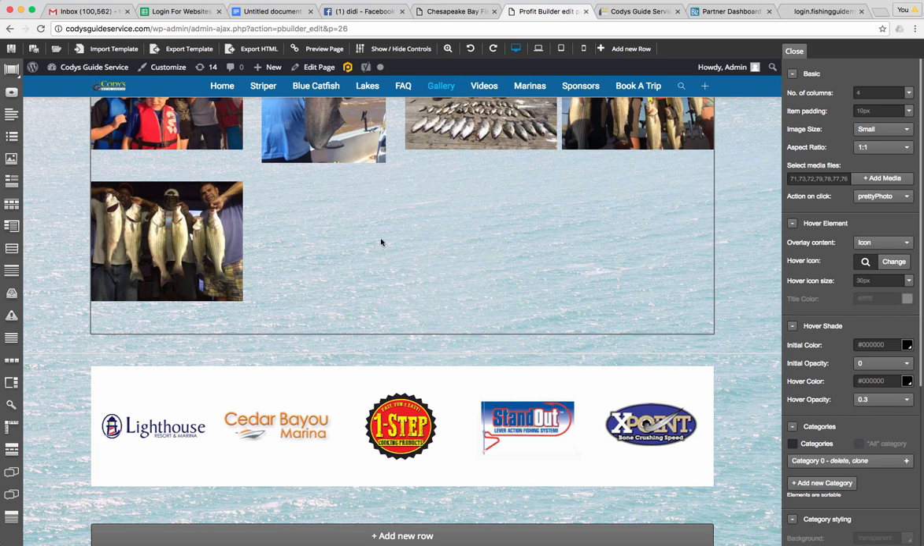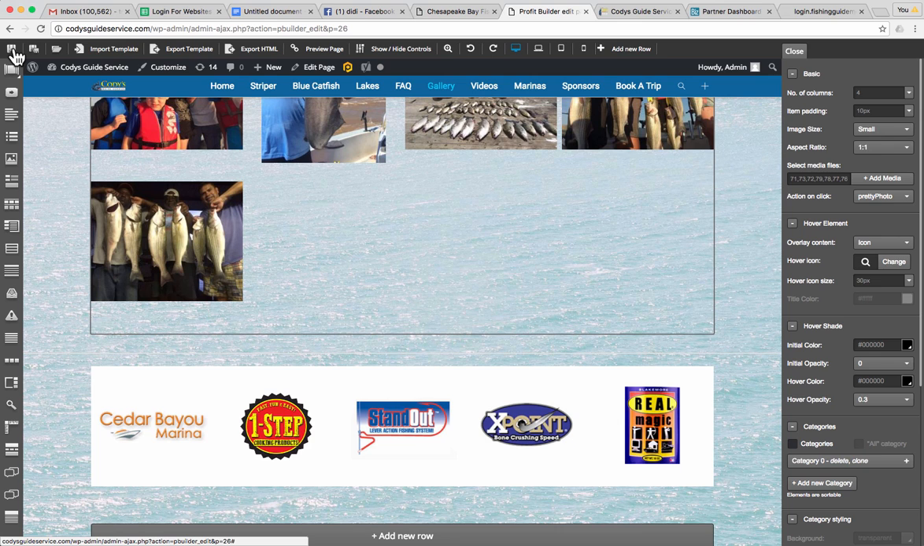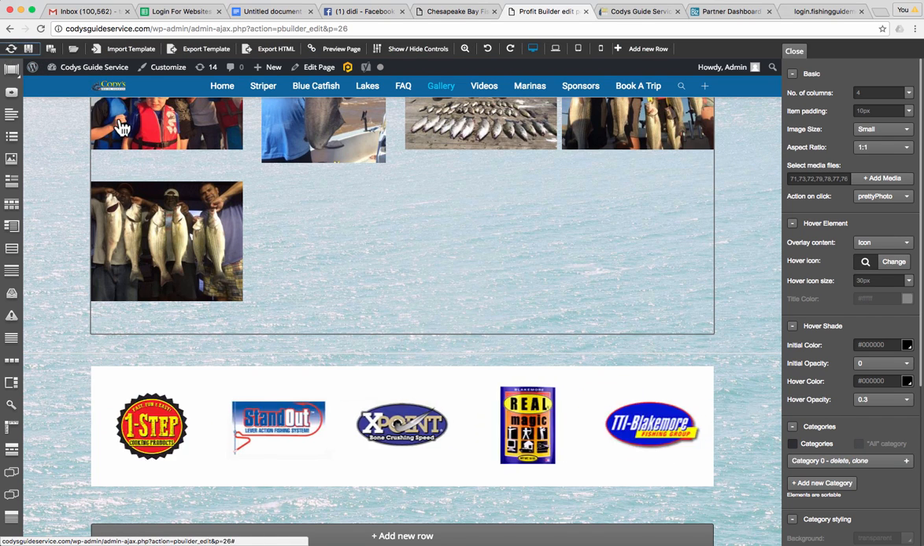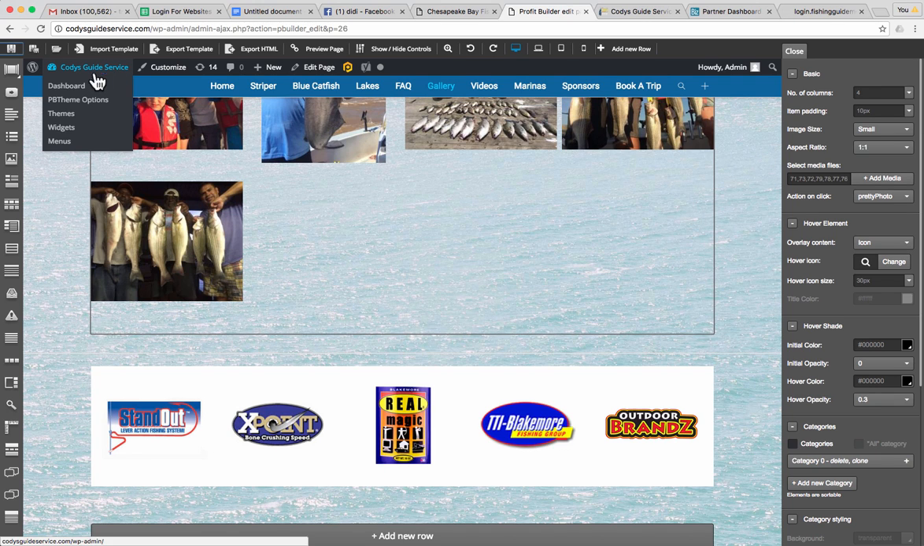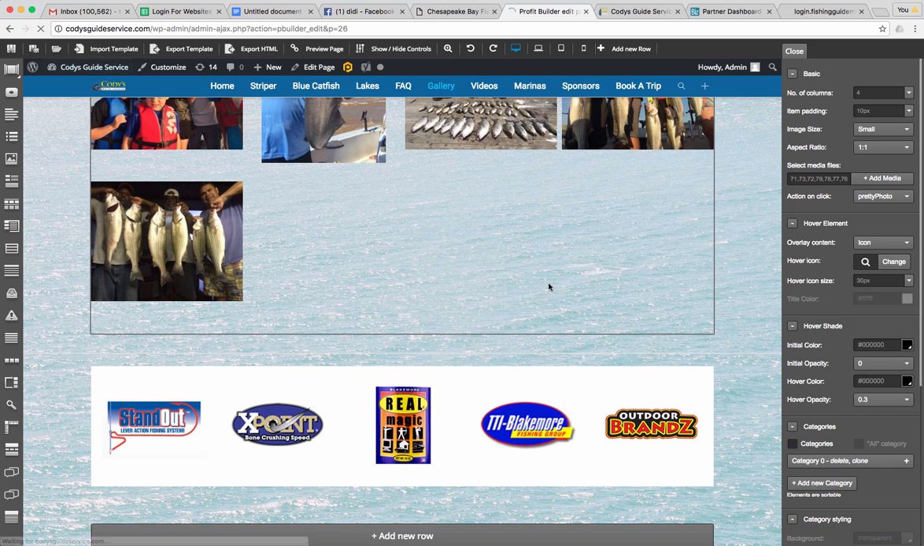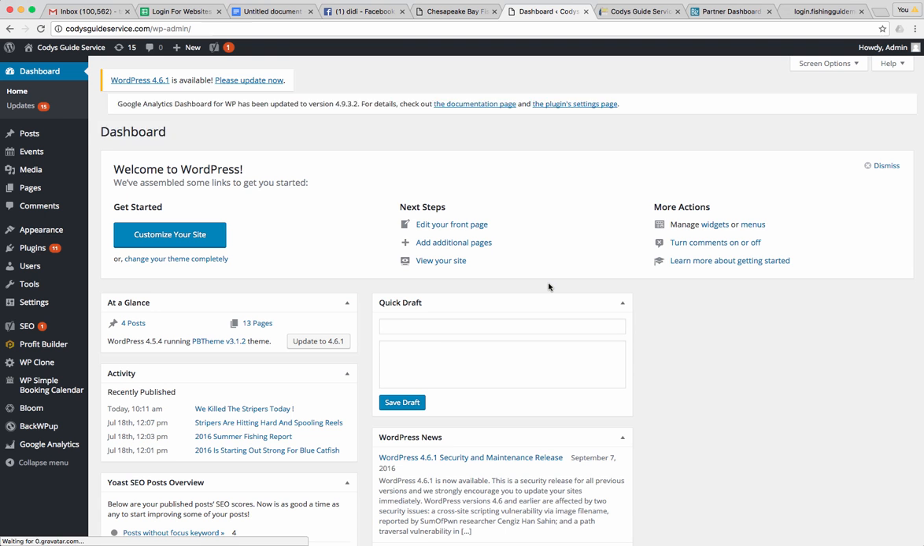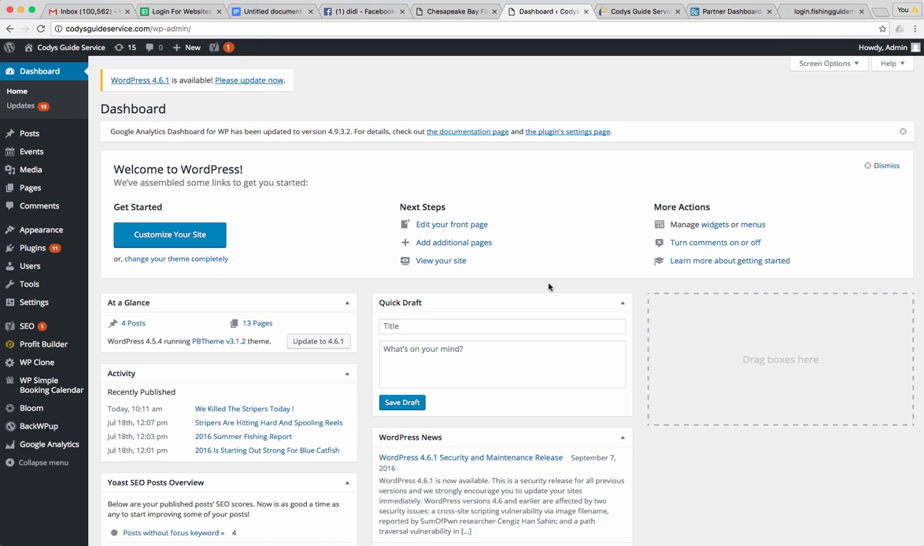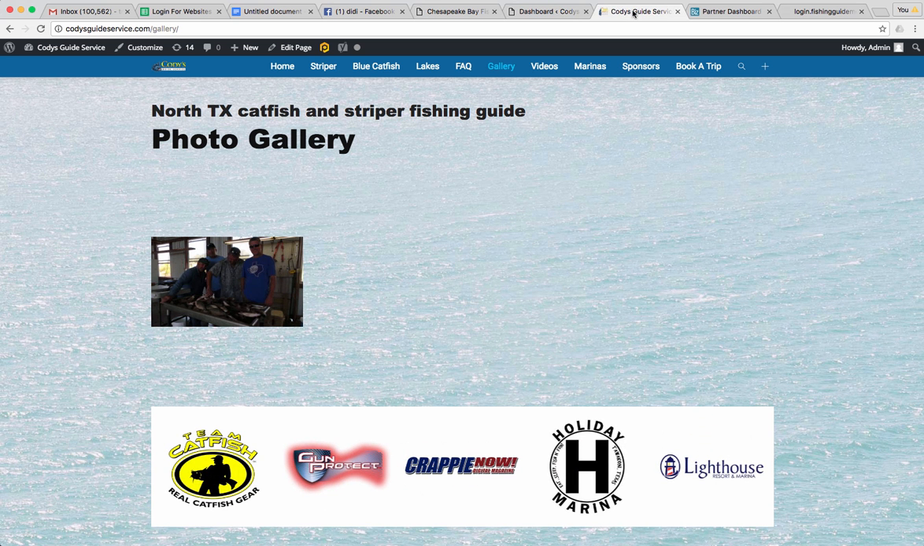Now I've got to save this, so I'll hit the save button in the upper left hand corner. It's just kind of below that arrow, and it'll sync up. And then if I hold my cursor over Cody's Guide Service and hit dashboard, it'll take us out to that familiar dashboard when I hit leave. If I go then to the website itself, I've got another window up here that I've been using, and I'll hit refresh,